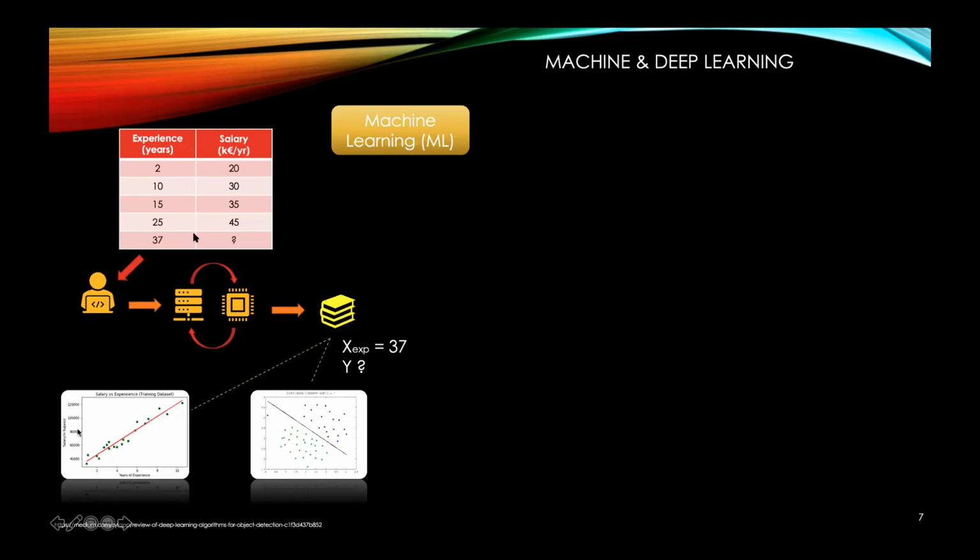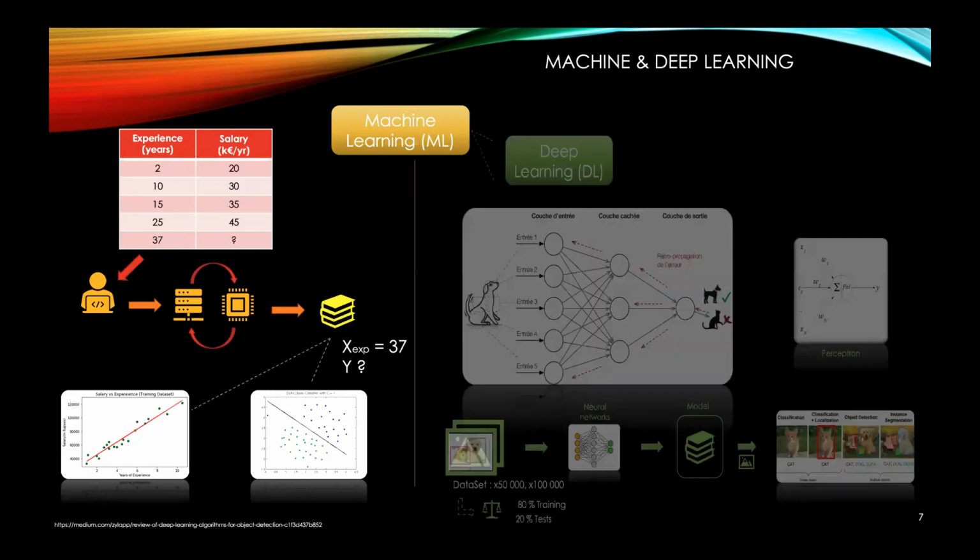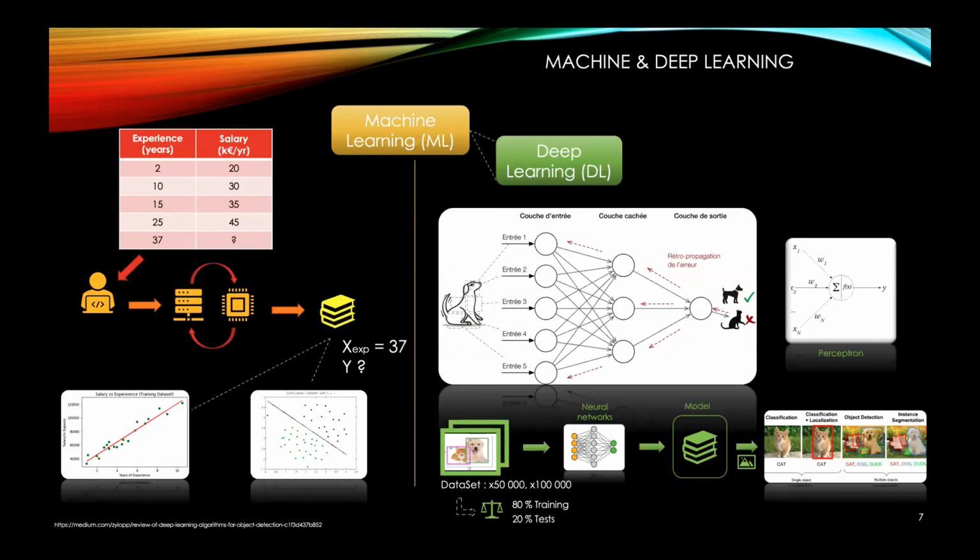For example, if you give it experience in years and salary in euros, it tries to create a linear regression, and if you give it a new experience in years, it can say, okay, I can make a prediction, perhaps the salary is approximately this. This is very interesting, but if we want to play with more complex data like images, we need to